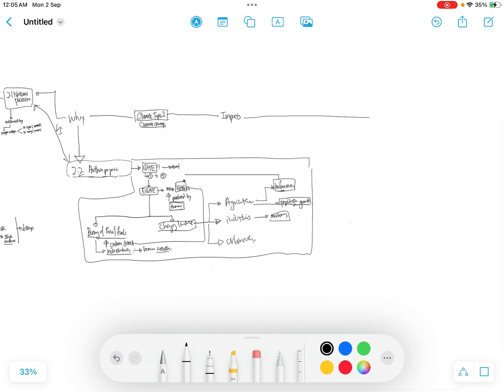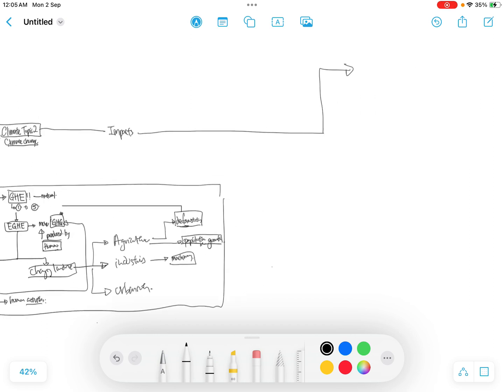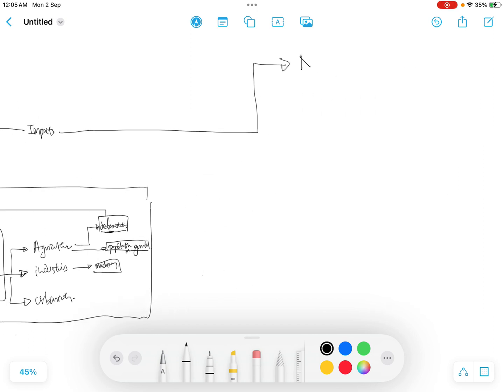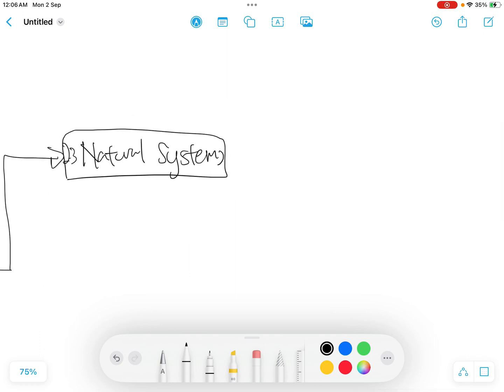Okay, let's now go into impacts. There are two different types of impacts. We're going to look into 2.3, which is the natural system, the impacts of climate change on natural systems. For natural systems, we are basically looking at a few things that have been impacted. First of all, there's an increase in atmospheric and ocean